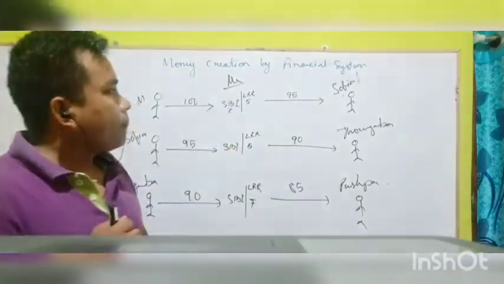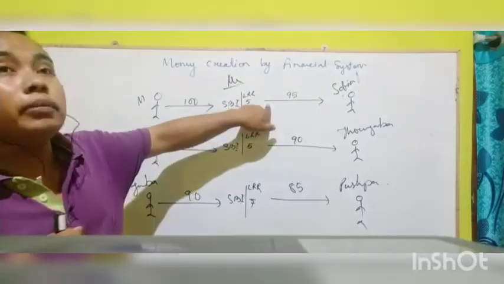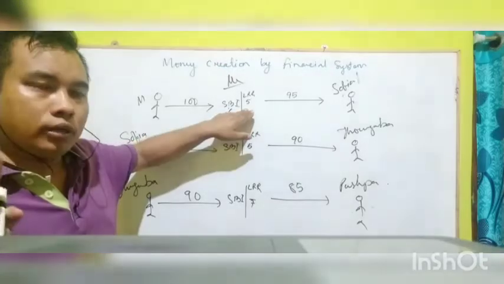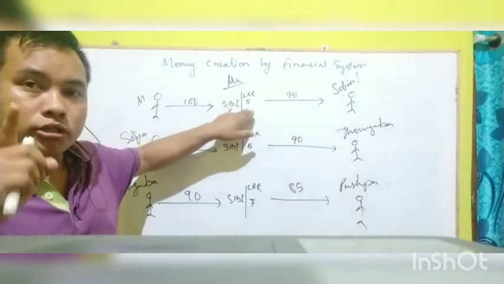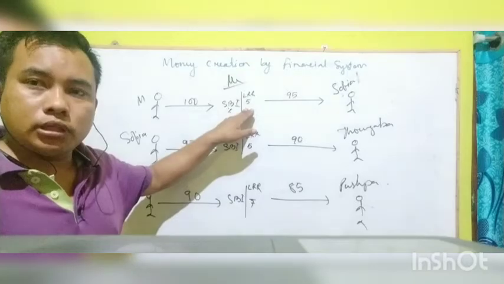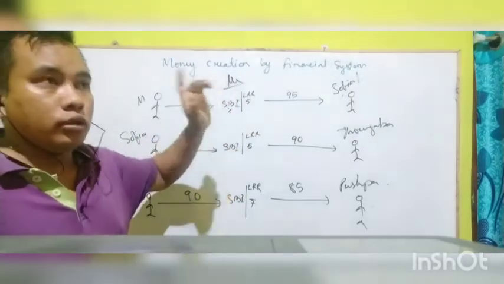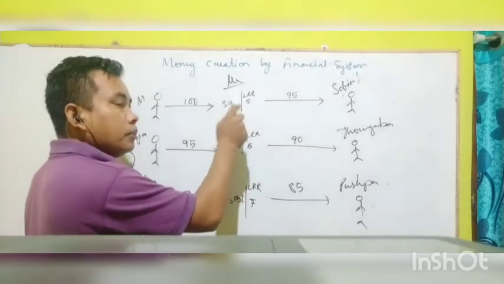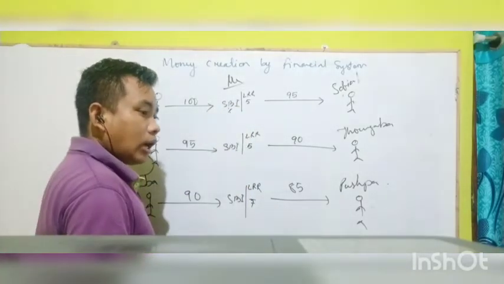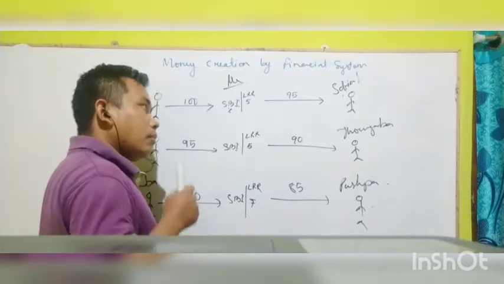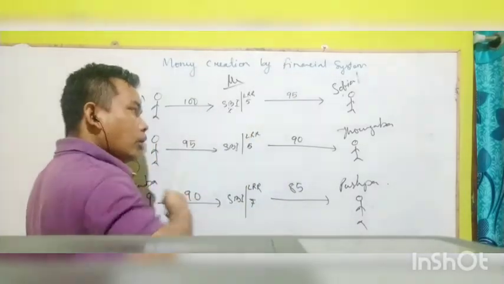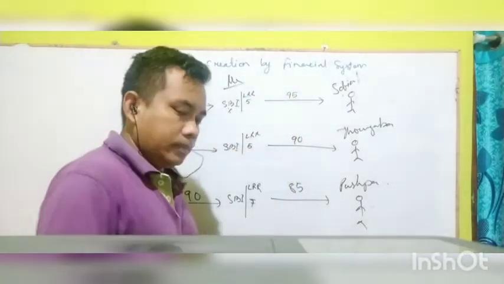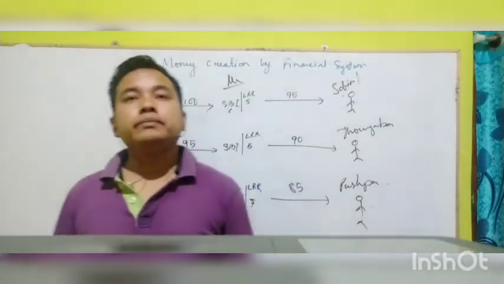Now you tell me, if LRR decreases, I'm taking an example here. Actually my example is not applicable in real life. Applicable in real life is percentage, okay, but for me I'm not taking percentage. Actually I'm taking in terms of actual value 5. If LRR decreases from 5 rupees to 1 rupee only, what will happen to this money creation? Will money creation increase, decrease, or stay the same?